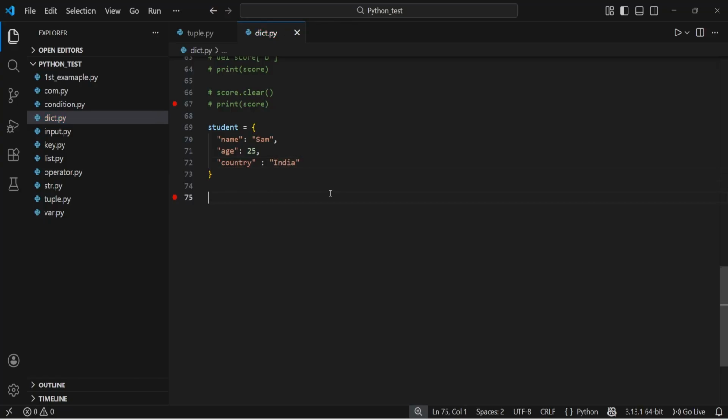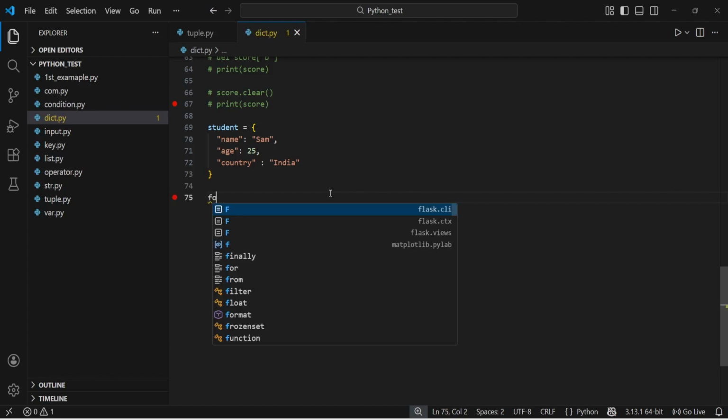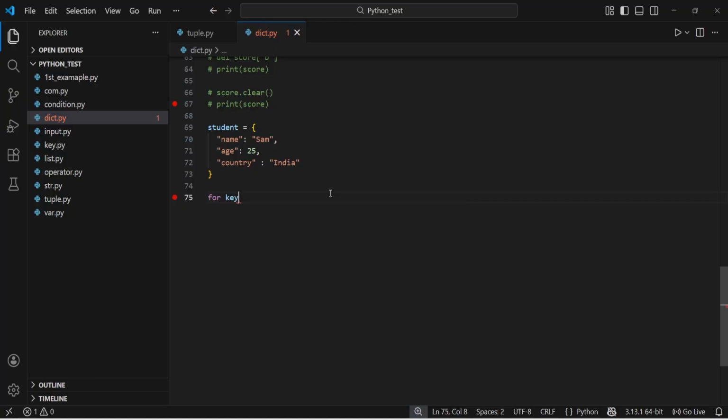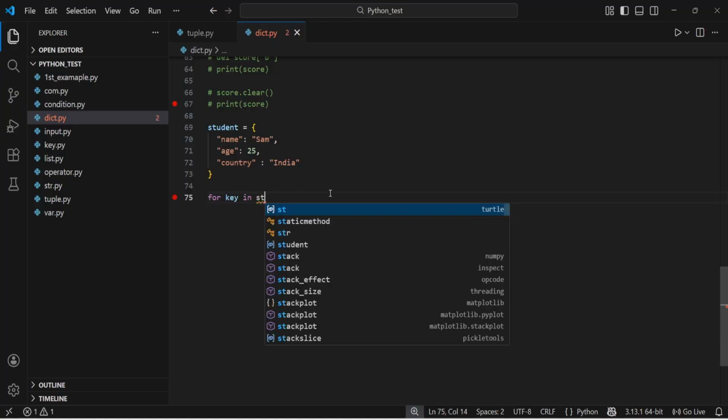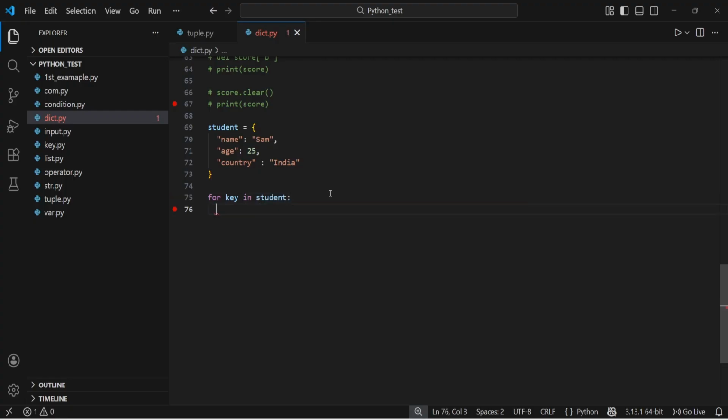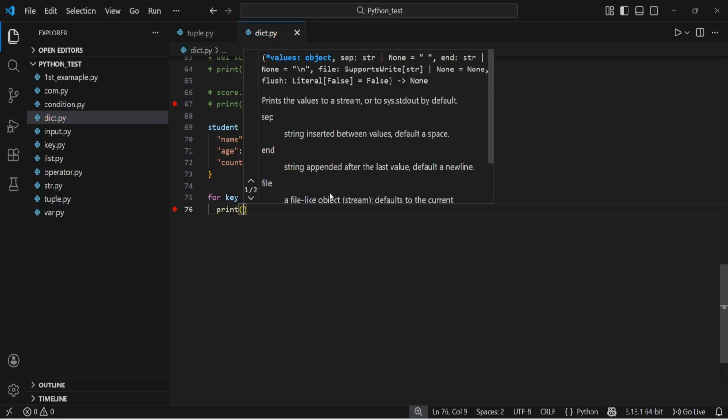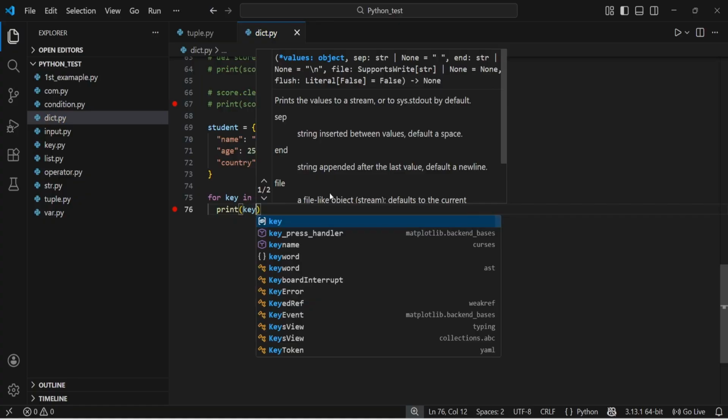Now if I run a simple for loop on my student dictionary, for key in student, and try to print my key,